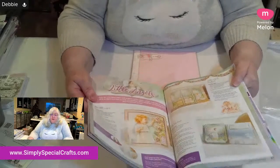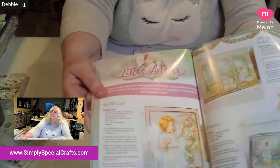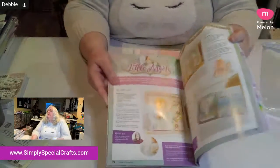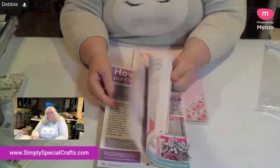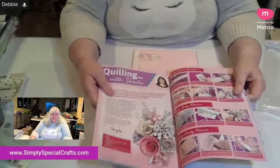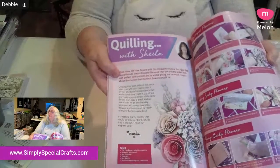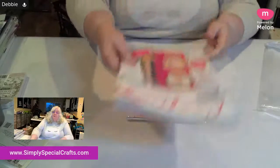This is the new little angels. Look at these images. Let's see if I can get it to you in a way that doesn't show too much camera glare. Look at some of this new stuff coming, guys. They're so beautiful. Oh my gosh. And they're featuring some of the dyes and other things. This, I thought, was a fun article since we're going to be doing quilling. They're quilling flowers and things with the new double-sided papers, which we'll also be taking a look at today. So there's our magazine,